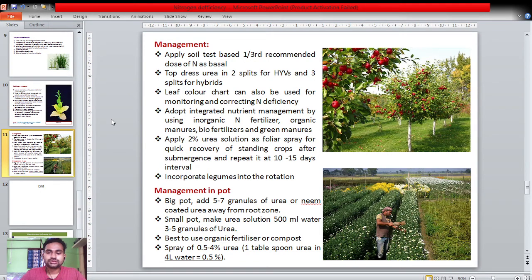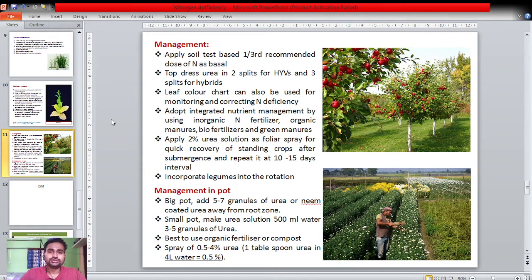First we'll discuss the commercial practices, that is, how nitrogen deficiency is controlled. The first recommendation is that before planting you should go for soil testing. You should take soil from multiple points spread throughout the field, and then go for